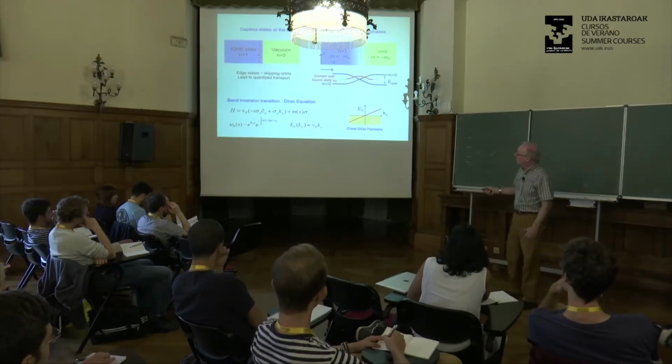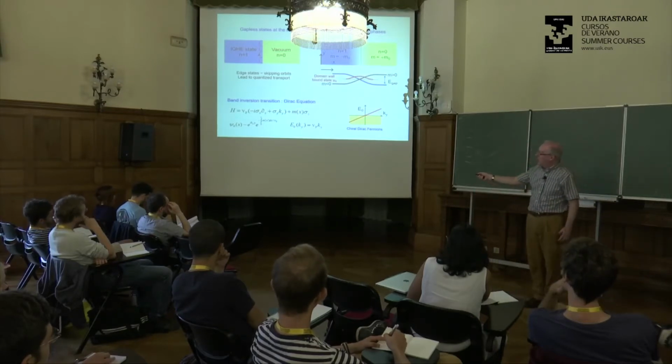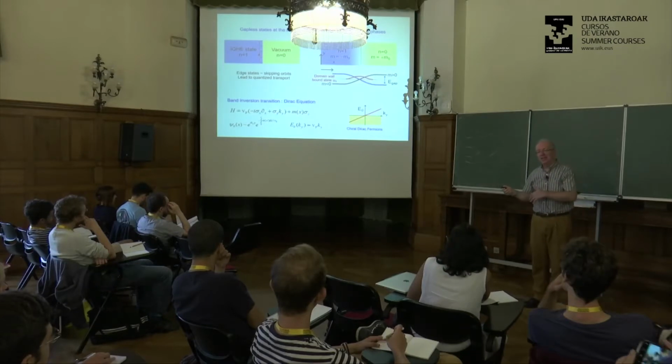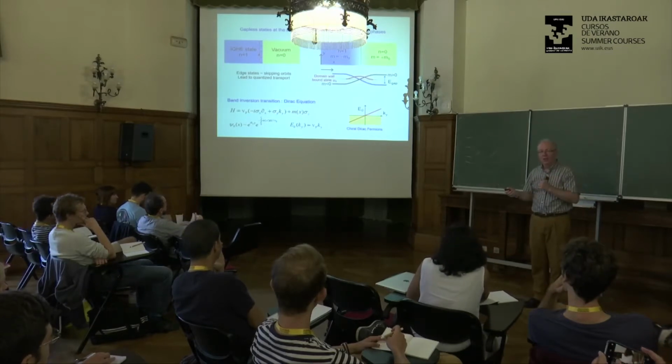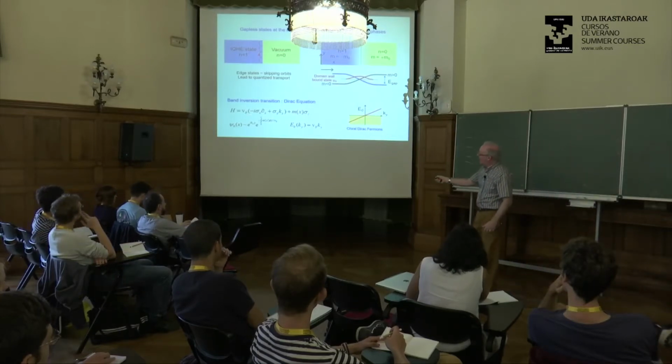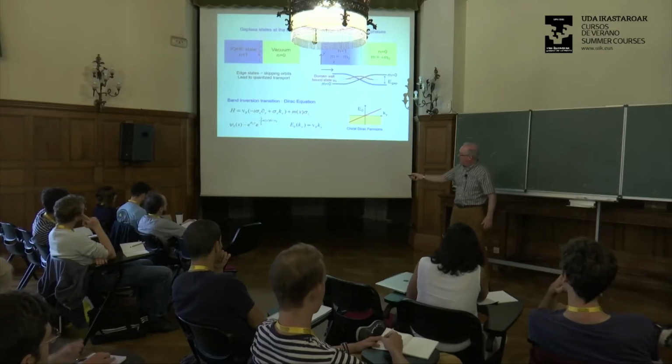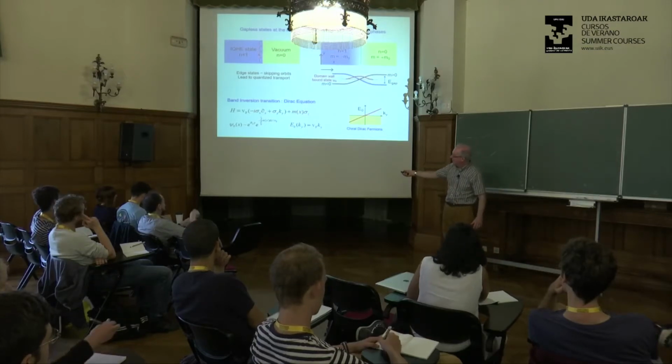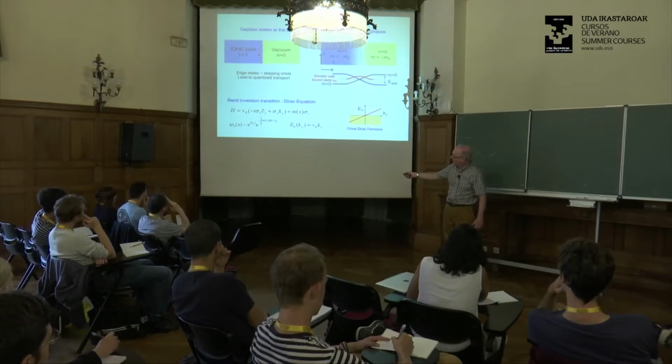And so for each value of ky, I have exactly the same Jackiw-Rebbi problem that I solved for you in the Su-Schrieffer-Heeger model. So for each value of ky, I have a one-dimensional problem, and of course the eigenstates are plane waves in the y direction, and in the x direction I have the exact same Jackiw-Rebbi solution